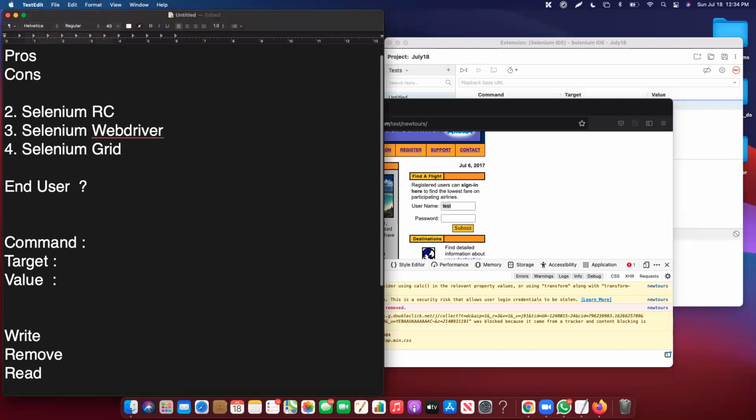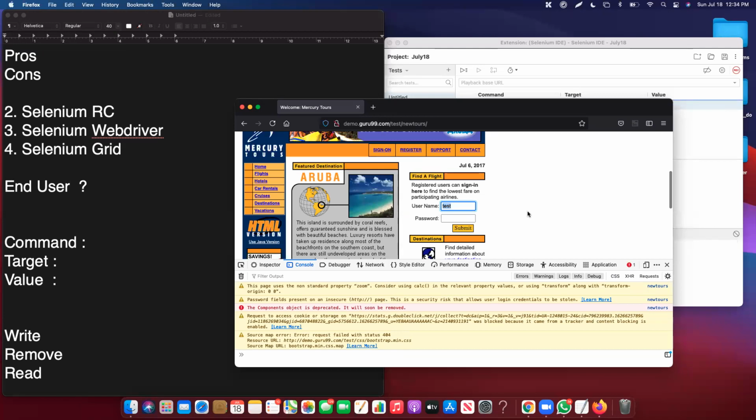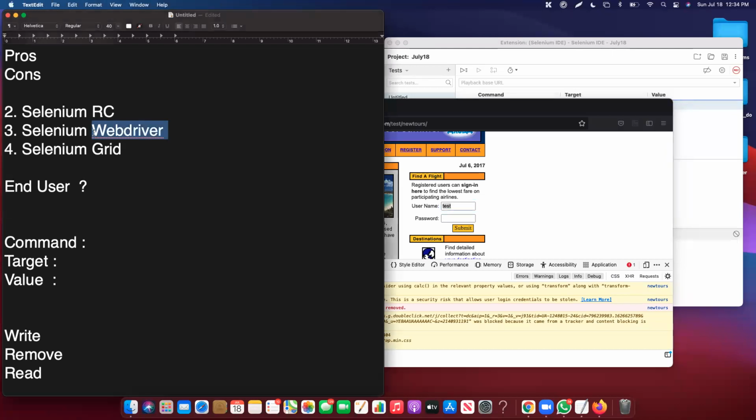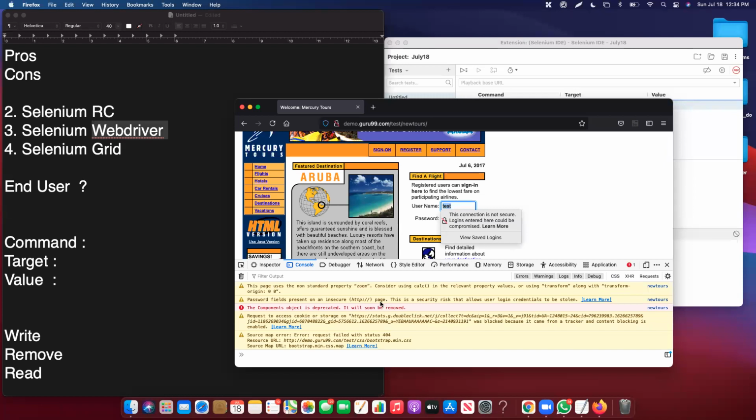Who's an end user? User of this application. Exactly. So whoever will use this application. So imagine you are supposed to use this application and somebody tested without Selenium WebDriver. They just simply went to the code and started testing the code instead, right? And it doesn't really become effective